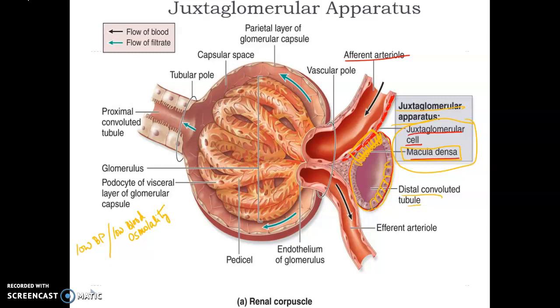Under these situations, the juxtaglomerular cells will be triggered. So blood flows through here, right? So there is blood here. And the low blood pressure is sensed by the juxtaglomerular cells. And the juxtaglomerular cells think that there is low blood pressure. I need to do something. So the juxtaglomerular cells